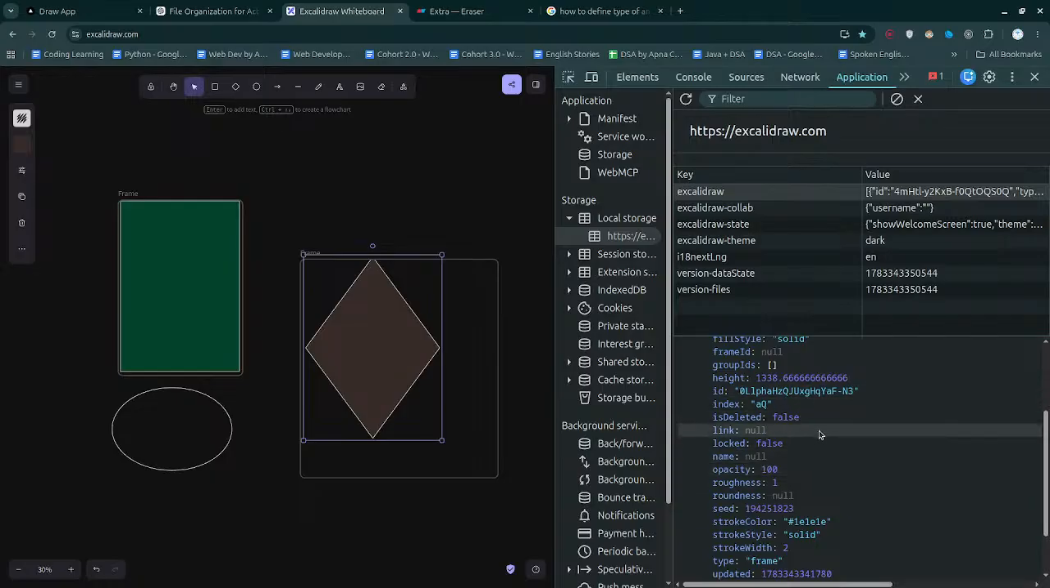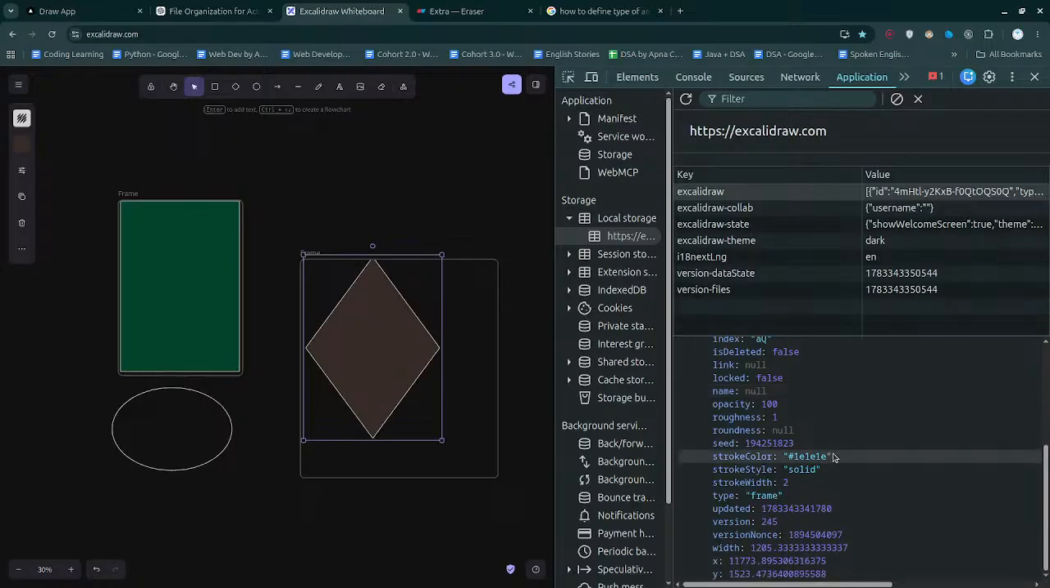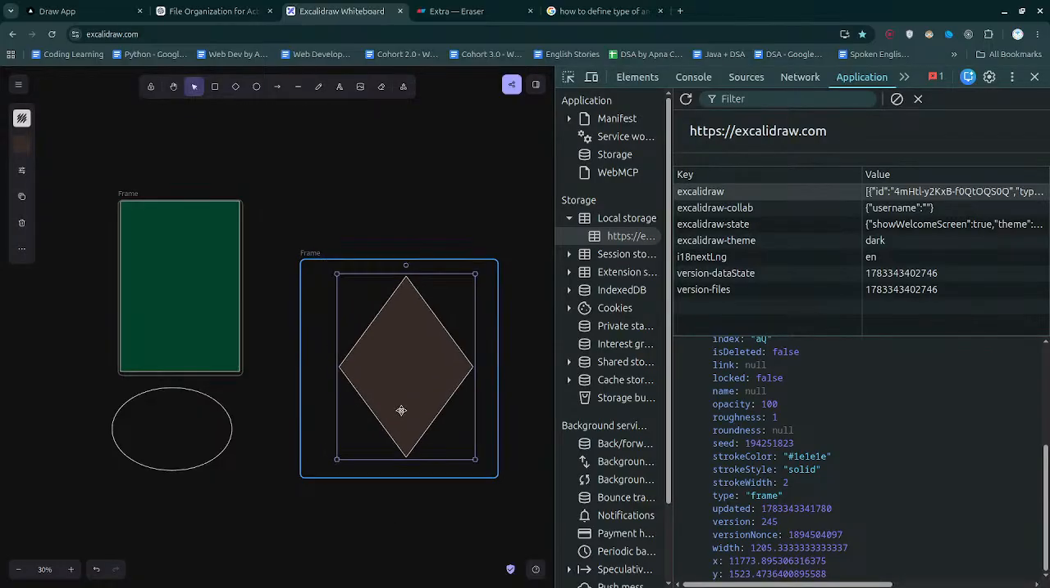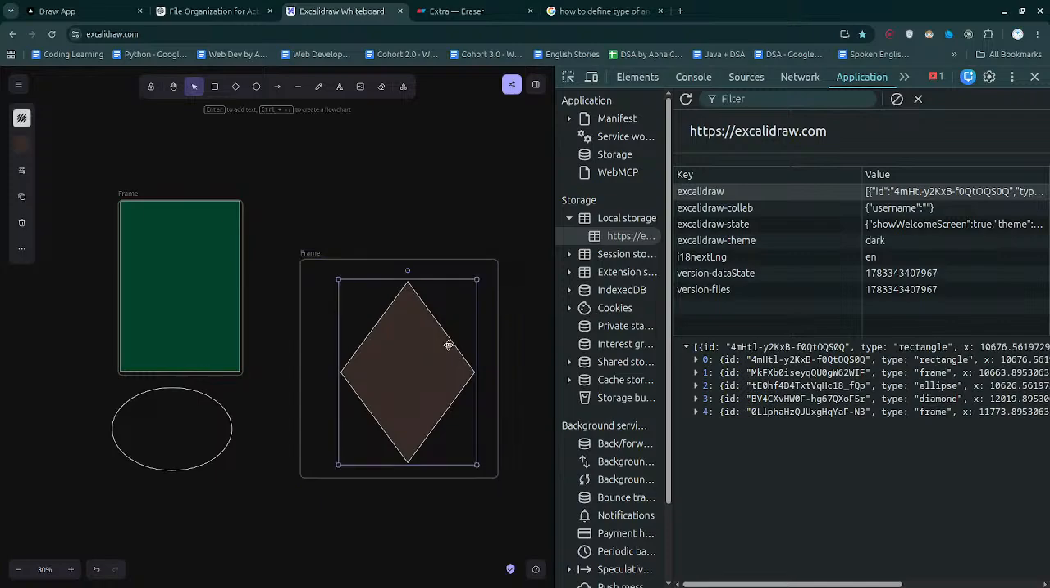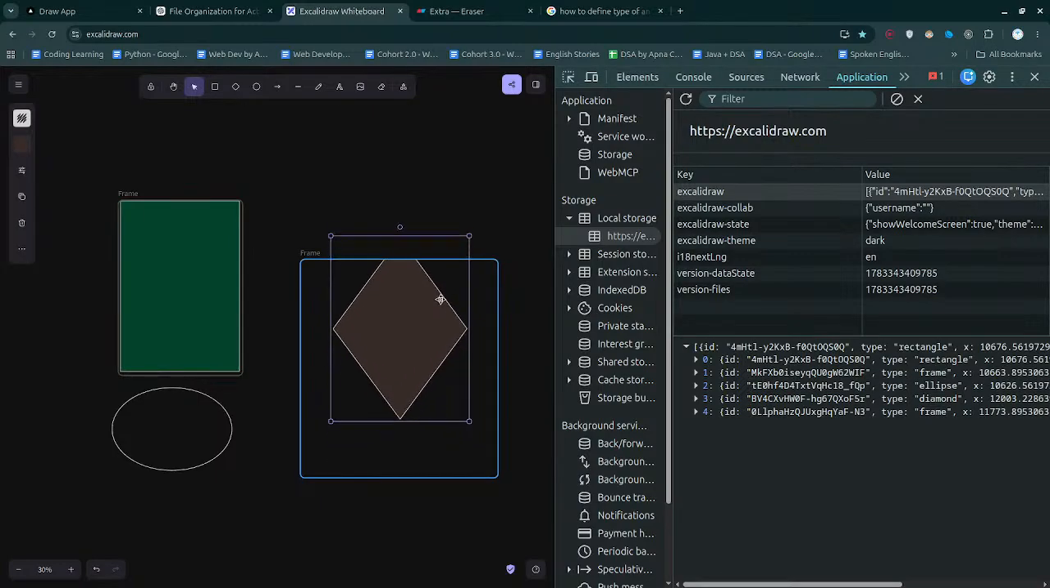it will have the ID, deleted false, that's fine as well. Name, opacity, roughness, roundness, stroke color, stroke style, stroke width, frame. So this is how things are gonna be going on. One thing that I'm able to understand, that is how, suppose this is just the overall what a rectangle we draw, and when it goes, anything goes